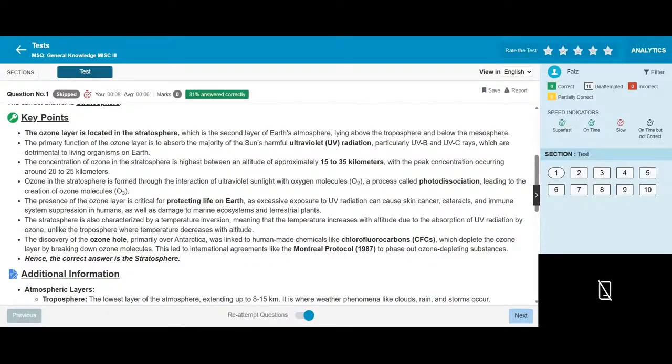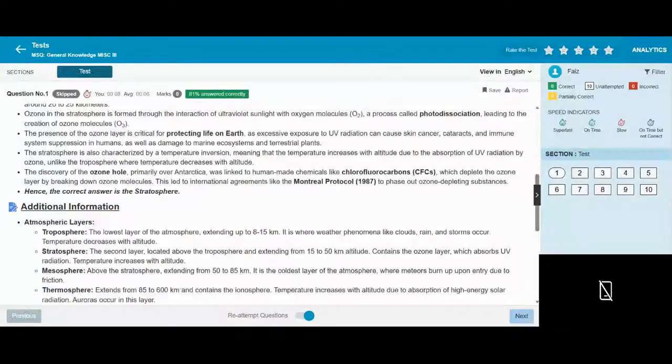The concentration of ozone in the stratosphere is the highest between an altitude of approximately 15 to 35 kilometers, with the peak concentration occurring around 20 to 25 kilometers. Ozone is formed through the interaction of ultraviolet sunlight with oxygen molecules (O2), called photodissociation, leading to the creation of ozone molecules. The presence of the ozone layer is crucial for life on Earth, as excessive exposure to UV radiation